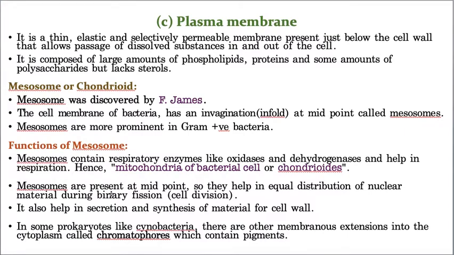Now you tell me, the cell membrane is made up of dash and dash and dash. There are three components: phospholipids, proteins, and polysaccharides. This is how you need to remember. Okay, a very important question I'm telling you: the plasma membrane or cell membrane of the prokaryotes consists of an infold, and this infold is called mesosome. Students, I will show you the diagram, then you will understand. Just give me half a minute, I'll show you the diagram.